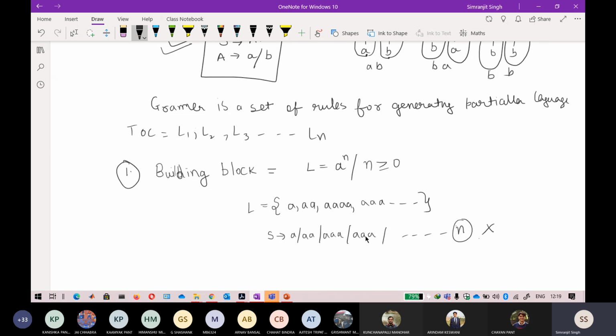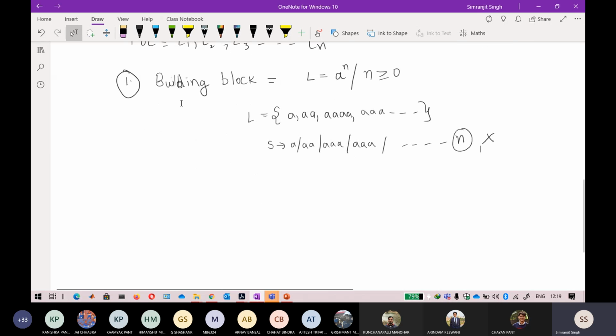Okay, so keep that in mind. Now how can I do this? This is the first building block, keep that in mind, and this kind of thing is always used. Keep in mind this expression. I will explain this expression. Take a look at it, and keep in mind, because most of the language will contain a raised to power